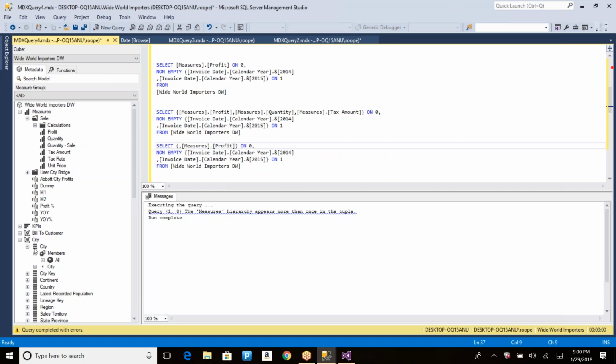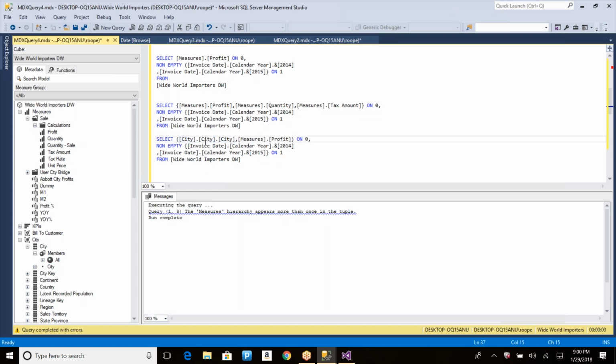Let's say, for example, I drag and drop city here. So this gives me city-wise profit, like for every city profit, and for the years 2014 and 2015. So you have to understand the query like this. This is a tuple, so it is going to give me city-wise profit on columns, and this is for the years 2014 and 2015. Because this is a set, it is going to union these two data. And if I execute it now,